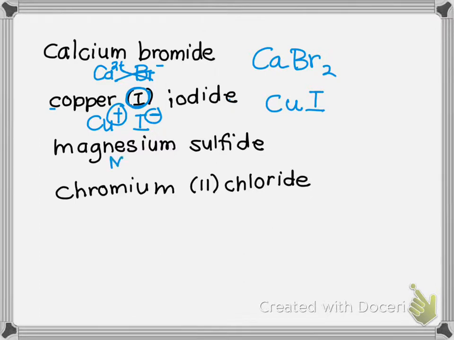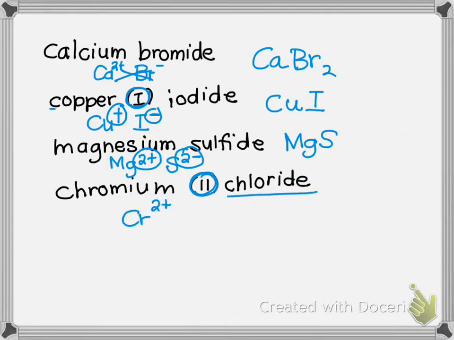Magnesium is in group 2A, which is a 2 plus. Sulfur is under oxygen in group 6A. This is a 2 minus. So they both have 2, so I just need Mg and then an S. And then chromium, it tells me there's a 2, so I know this is chromium with a 2 plus. Chloride is a halogen, so that's in group 7A. That's a 1 minus. So chromium, chloride's a 1, so it's just chromium and then